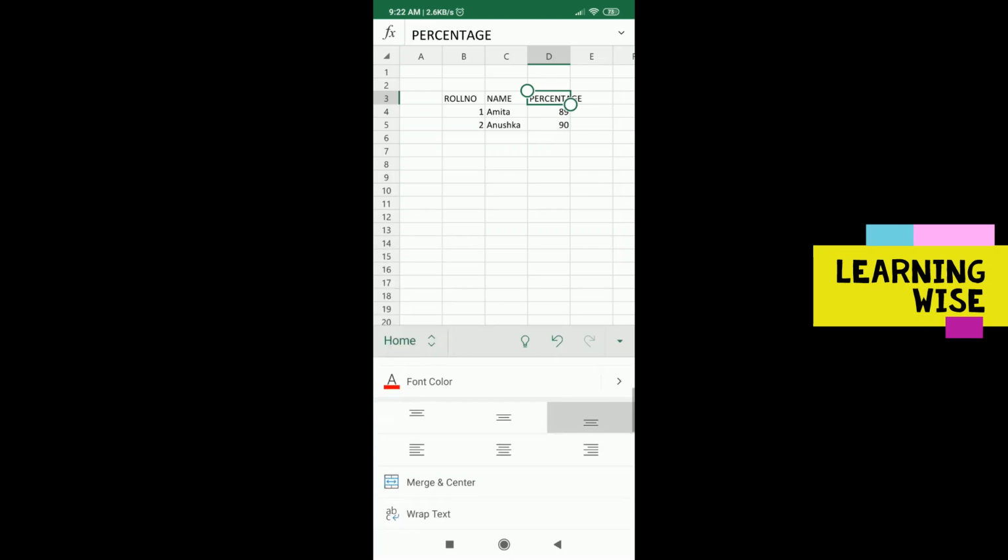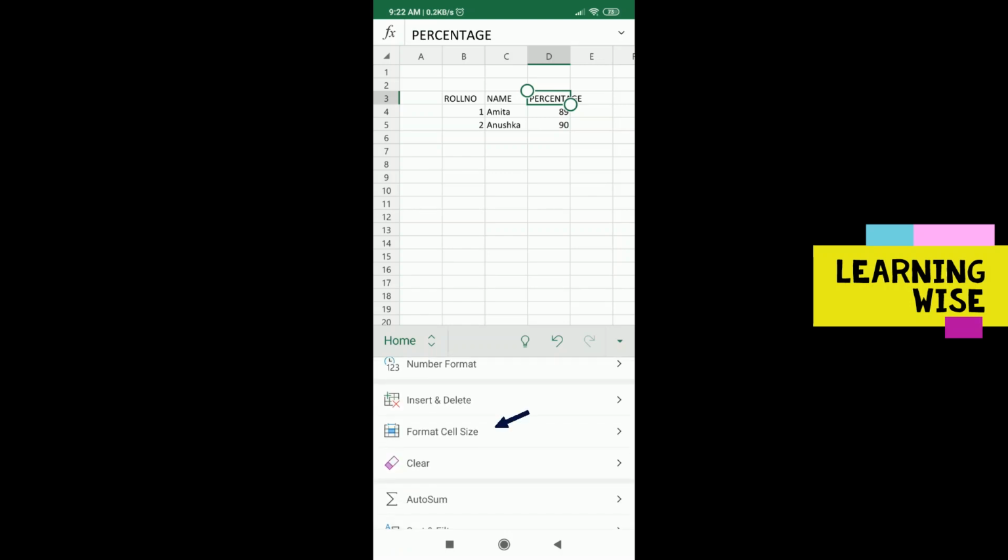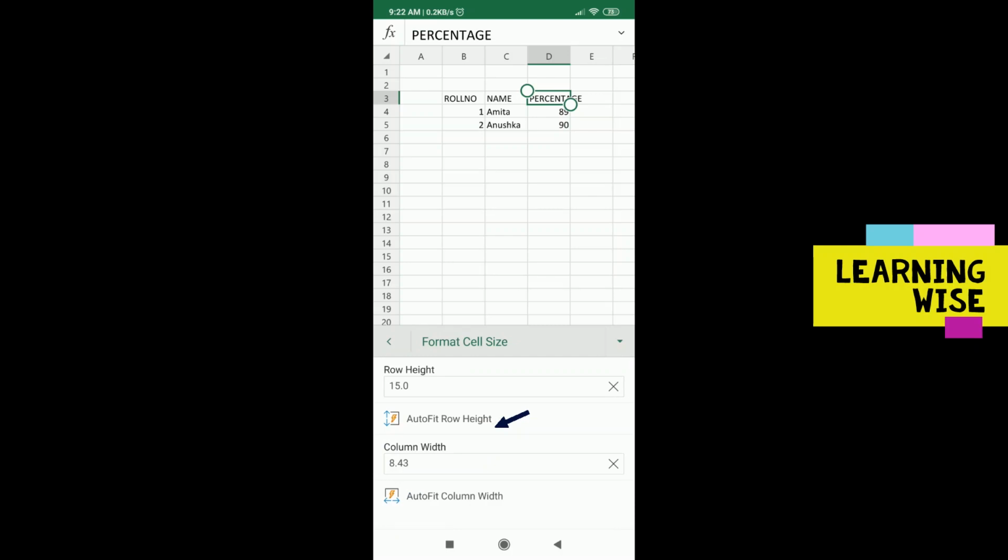In the home tab, go down, and here you get the option of format cell size. Click on this, and here you will see the row height and the column height options for you, right? So from here you can set the row and the column height as per your own requirement.